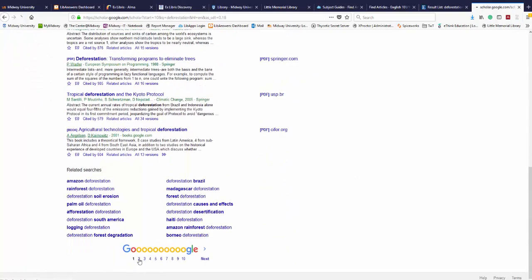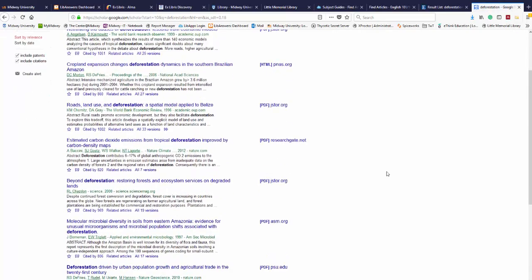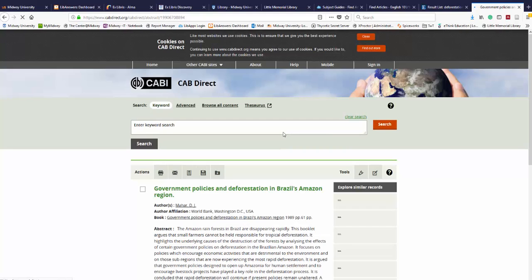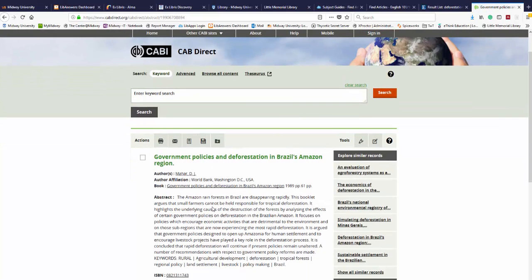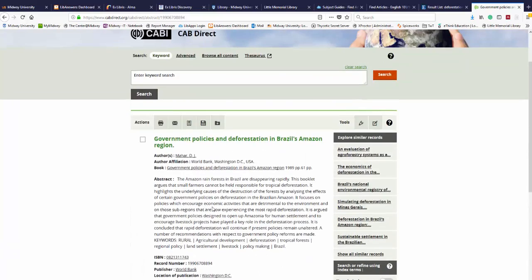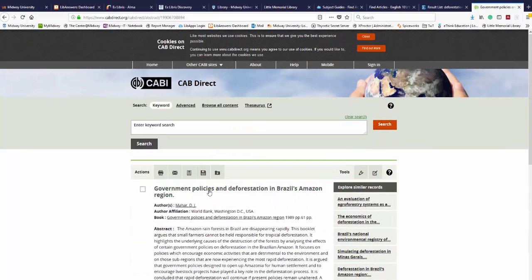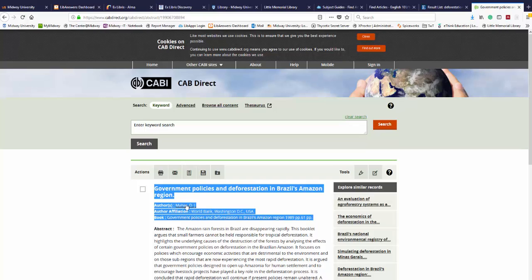But let's go find one that doesn't have one of those links over there, like this one. Suppose that this book is just perfect. It's exactly what you need. But when you click on the link here, since it doesn't have a link out here to the side, it's just going to take you to some place that offers you the opportunity to buy that book. See here it says buy instant access. Now we all know that you guys don't want to buy books for research. So what can you do? Just copy this information, the title and the author. Copy that